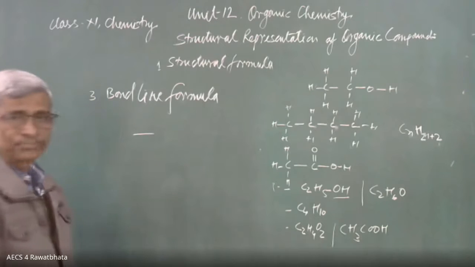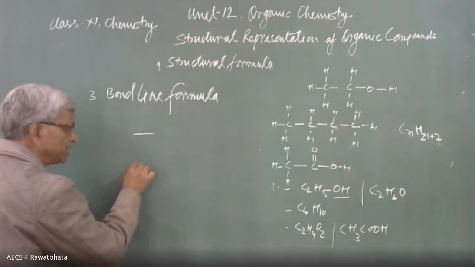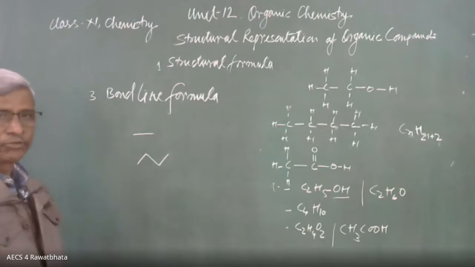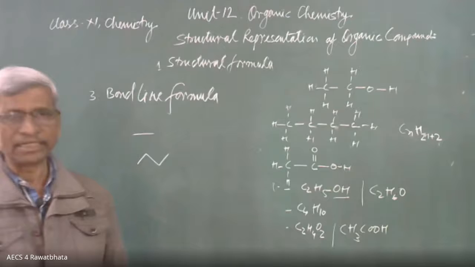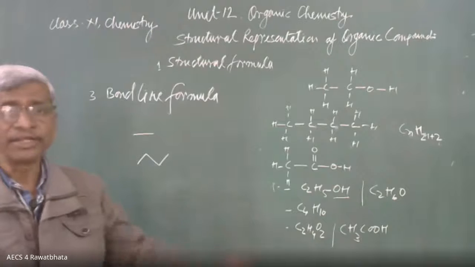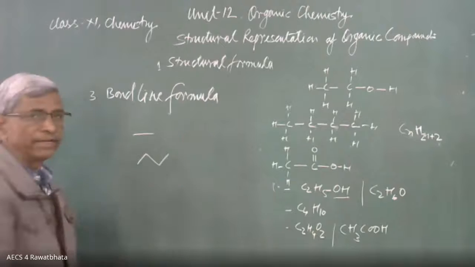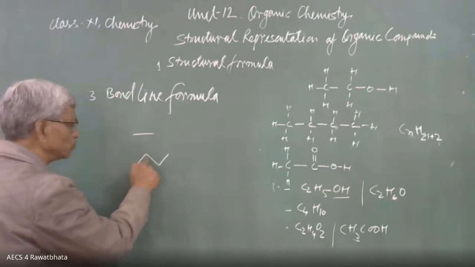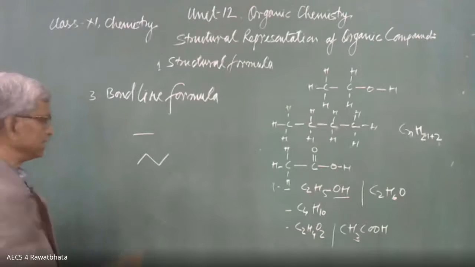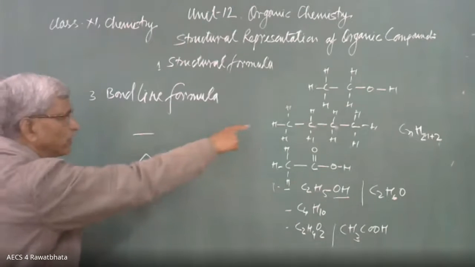In the case of the second compound, 4 carbon atoms are there. See that. This is the first carbon, second carbon, third carbon, fourth carbon. Hydrogen atoms are understood as per the need. Hydrogen atoms are there, but without any element, we are writing the formula. This is the formula of this compound. This is called bond line formula. Number of carbon atoms, 1, 2, 3, 4. Each turning represents a carbon atom, and hydrogen atoms are attached as per the need. This is the bond line formula of that compound.